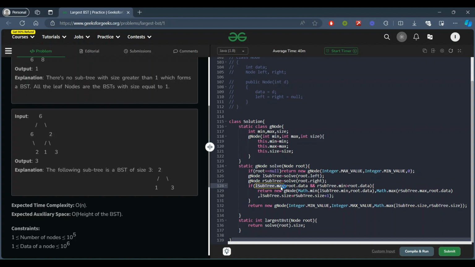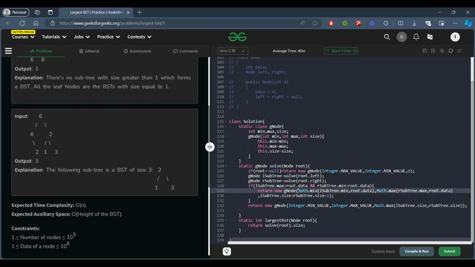But at the same time, the L subtree dot min is equal to integer dot max value, right? So that's why we have to take care of the root data and the left subtree's min value.